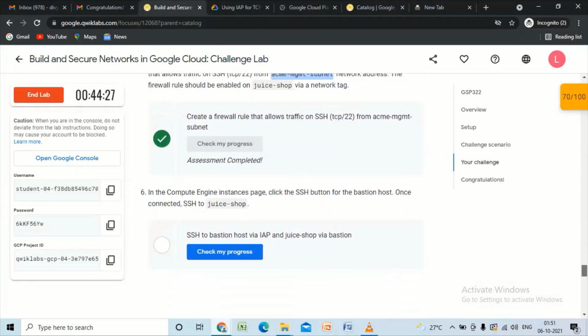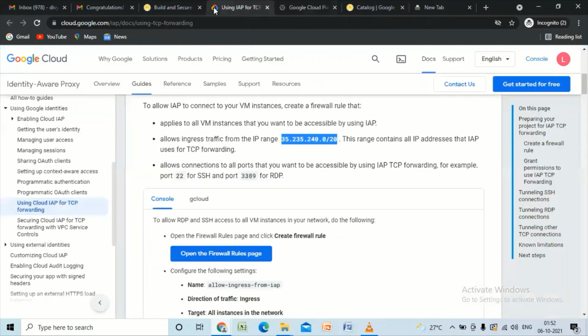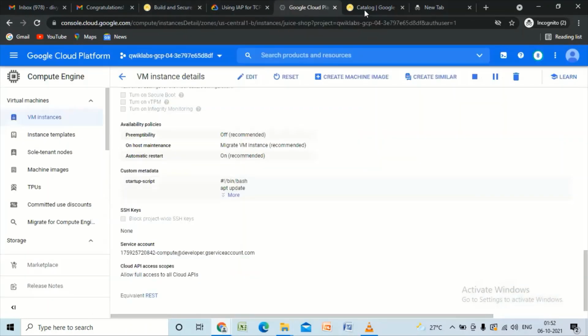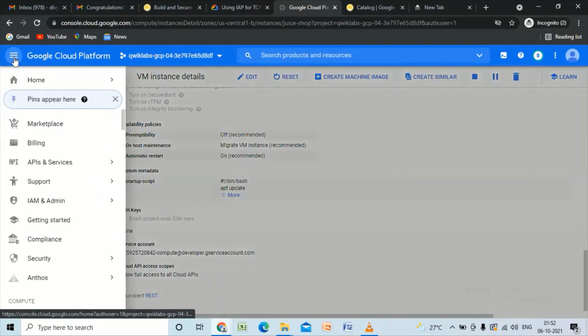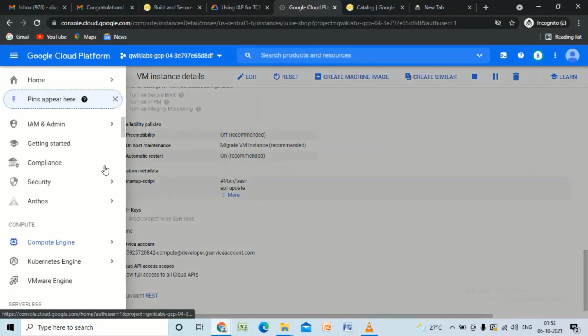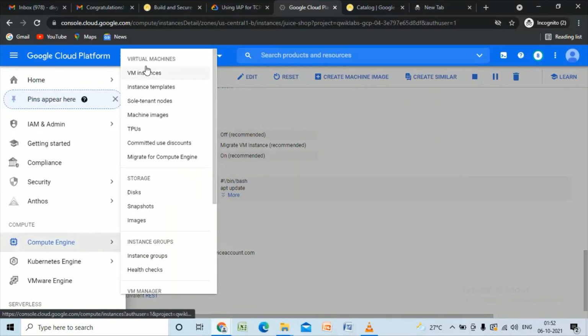Now we are left with the last task, in which we have to connect the SSH to Juice Shop. For this, we'll go to navigation menu, Compute Engine, VM instances.